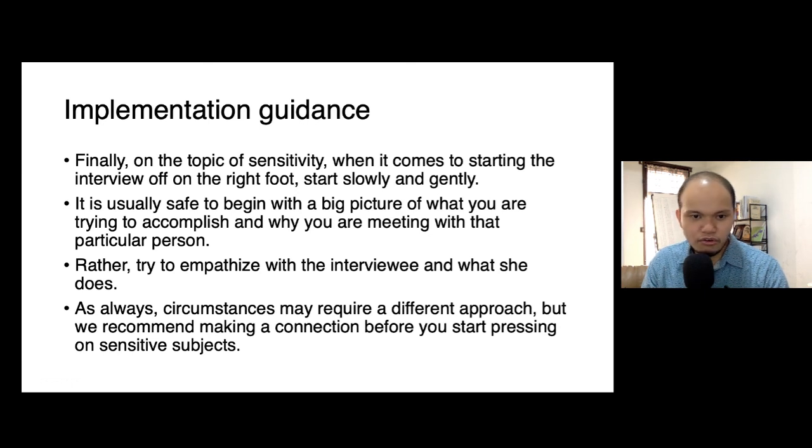And knowing that there are different strokes for different folks. So in some cases, there would be other things on what would make the interviewee have a positive feeling. There are other things that would make them a little bit easy. Okay, so that's also fine. Okay, but obviously it's important that you make the rapport first before you just jump in right away to go ahead with the awkward stuff right away. Ease them in, build the rapport first, and then maybe if you feel that the time is right, then you can jump in with the more difficult questions.